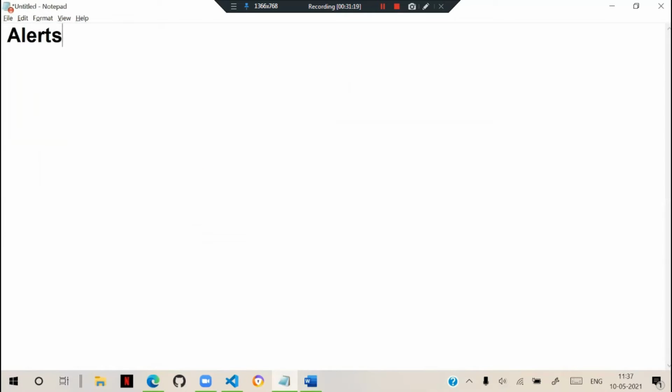Alerts. So you have seen how we can define the buttons. So alerts, and the modal. Difference between alert and modal. What is the difference between alert and modal? I hope by this time you got the clarity.